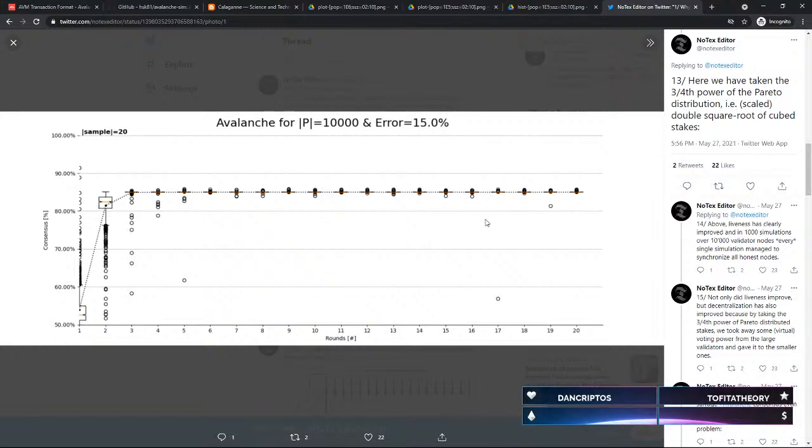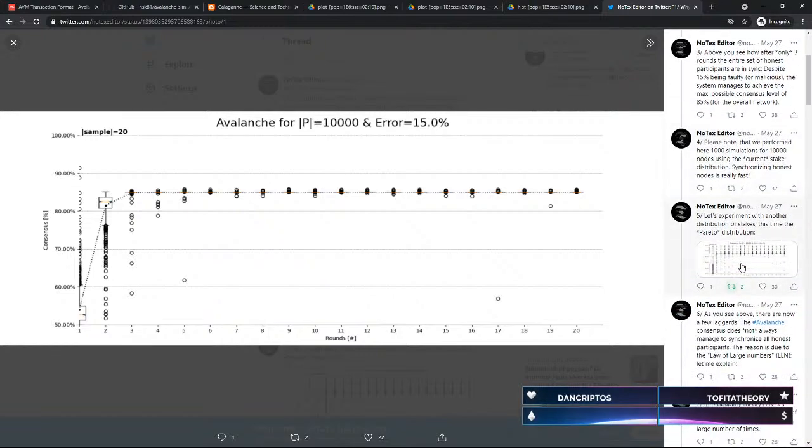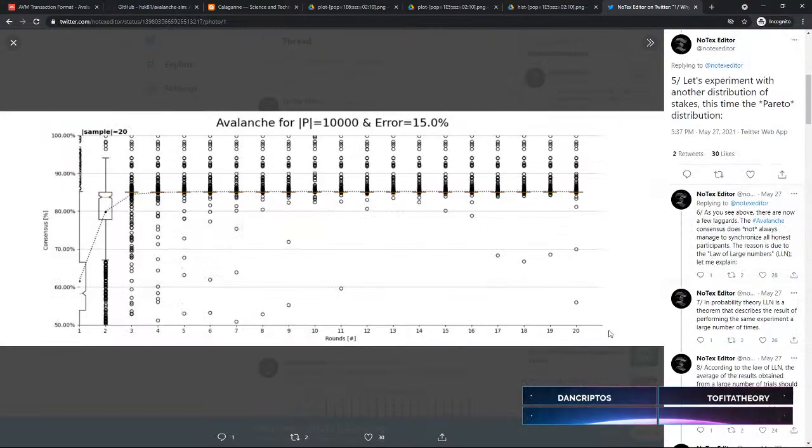Of course, you'd have to look into how that impacts staking distribution, that kind of thing. But it is an interesting thing to look into, and it's a good thing to propose. But I also want to point out that with the current system, even as it is currently implemented, these outliers will eventually come to consensus. You just have to do it in more rounds. And it's not that significant of an increase in time to consensus. It basically says that this one might come to consensus in 10 more rounds. You can count them. There are 3 outliers here out of 1,000 simulations, all right? So if you would do maybe one more round, they would be gone.